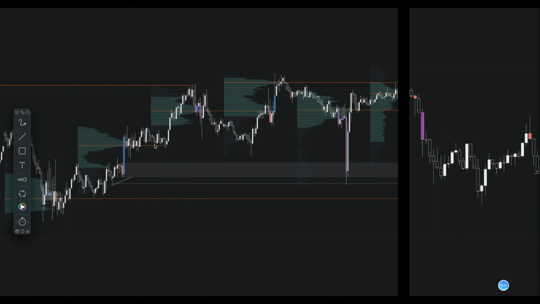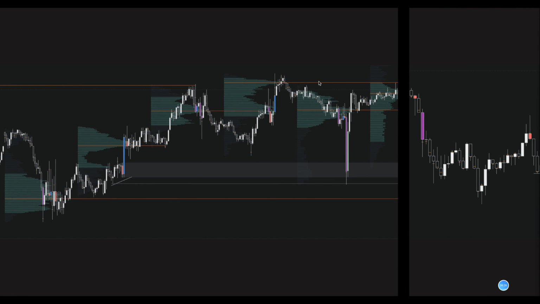You have a double distribution day. In this case, the POC is actually higher than lower, but still you have a compression here, so this is a good level to buy for the failed swing. Only if that happens, not going in blind, because if you just buy here, this will work for a bit actually, which is funny, but